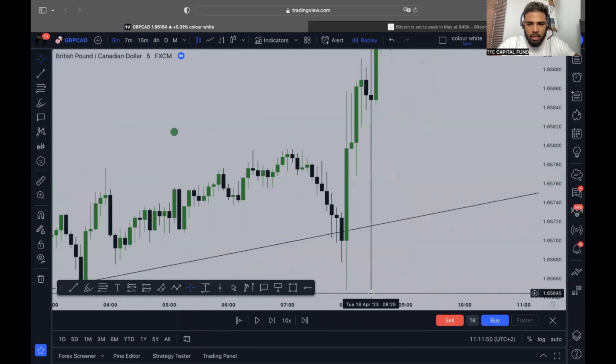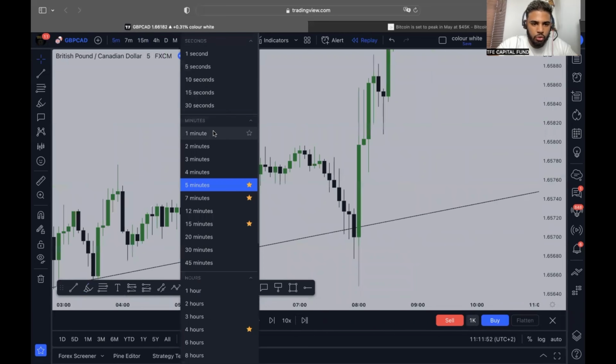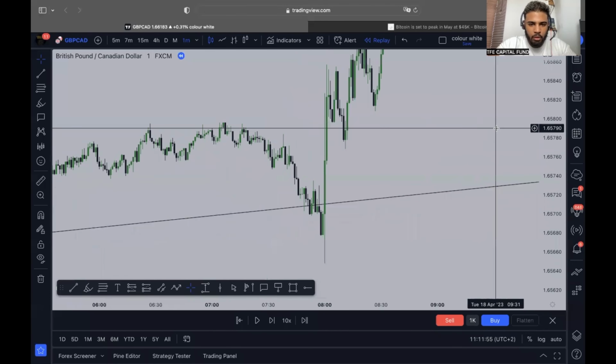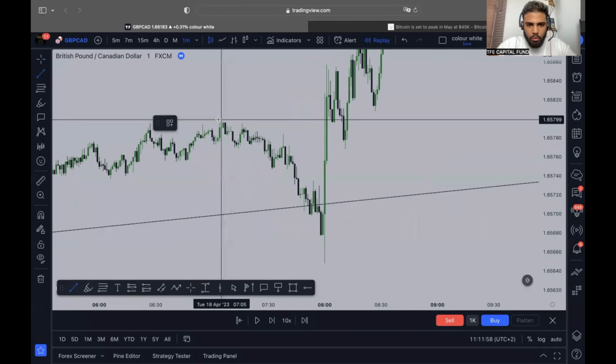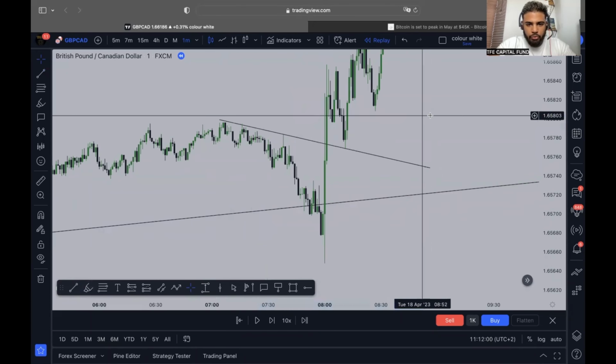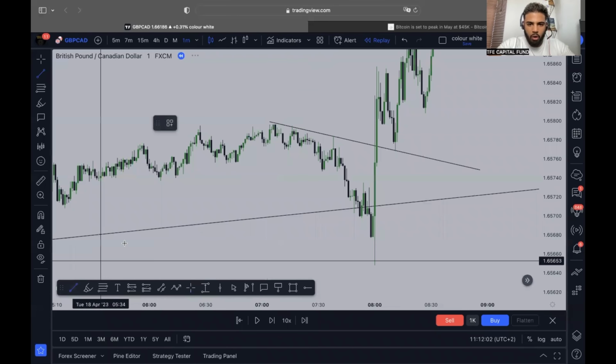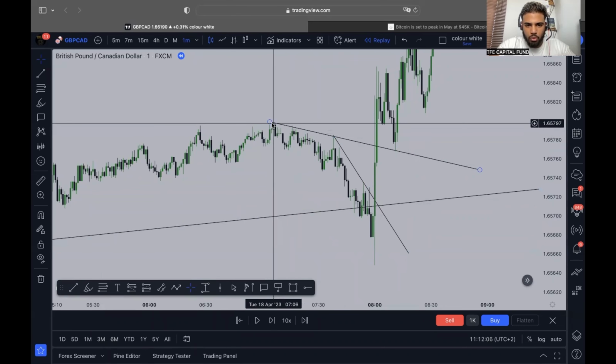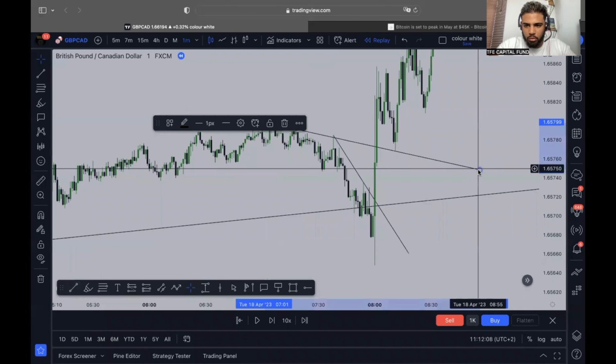Okay, it doesn't show on this time frame. It means I should show it on the 1 minute time frame for you guys. There we go. There it is. Beautiful. And you can see the market evolves as it goes. But then 1, 2, 1.